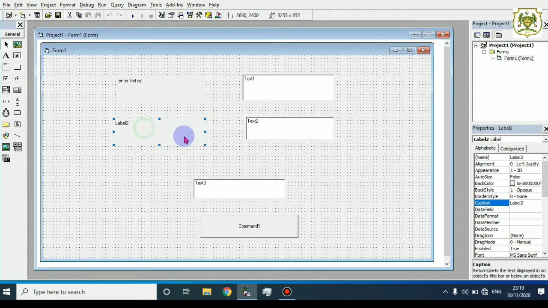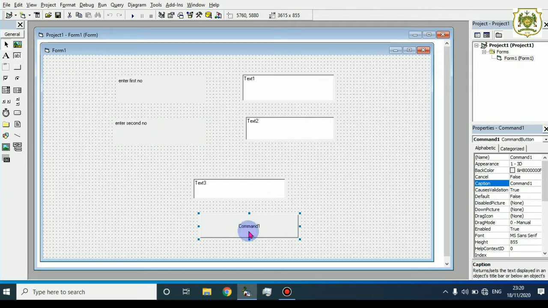Changing the caption of label 2 again. The caption will be enter second number. Now coming to the command button, the caption of the command button we are going to change as addition. As the program is about addition, so we'll keep the caption as addition only.